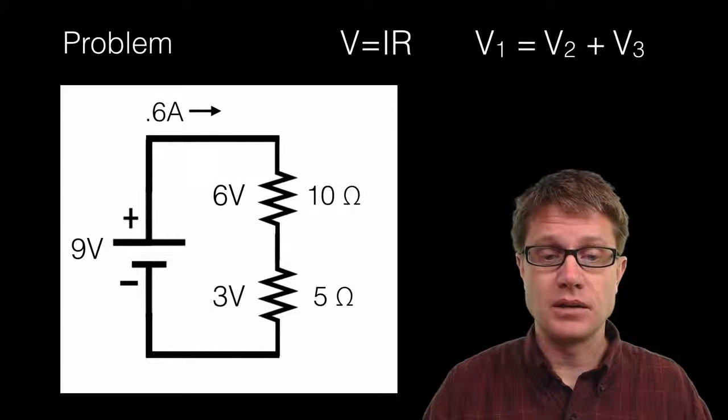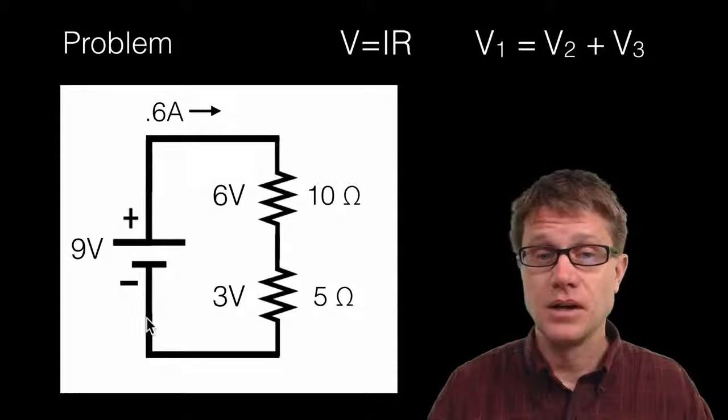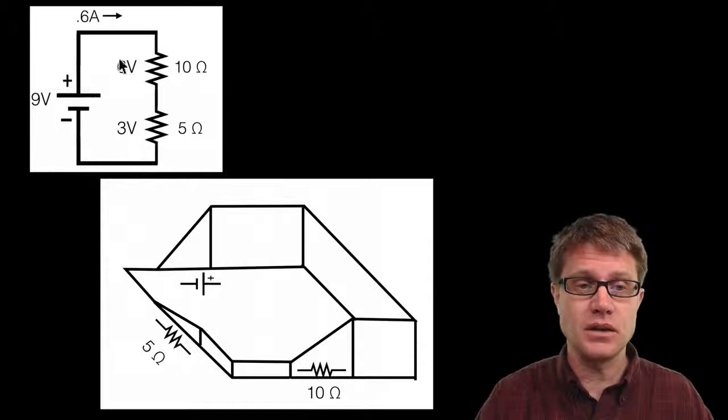What's the other one going to be? It's going to be 3 volts. And so you can see that the addition of this 9 volts minus 6 volts minus 3 volts is equal to 0. And so to think about that, and this model really works for me, think of that same circuit